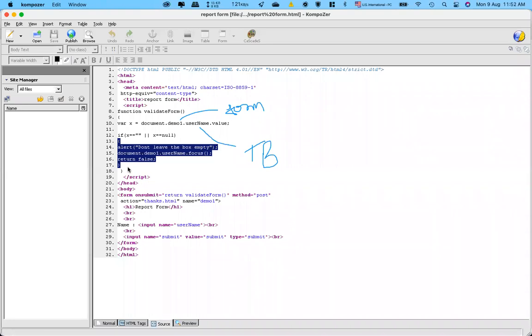To run this condition, we need to store the value of the text box somewhere. Therefore we have this variable X created, and inside it we are storing the value, and then we validate that value in the if conditional statement, and the condition gets checked. So when the user has entered some value, this condition is false, and in that case all these statements are not executed and our form proceeds further.